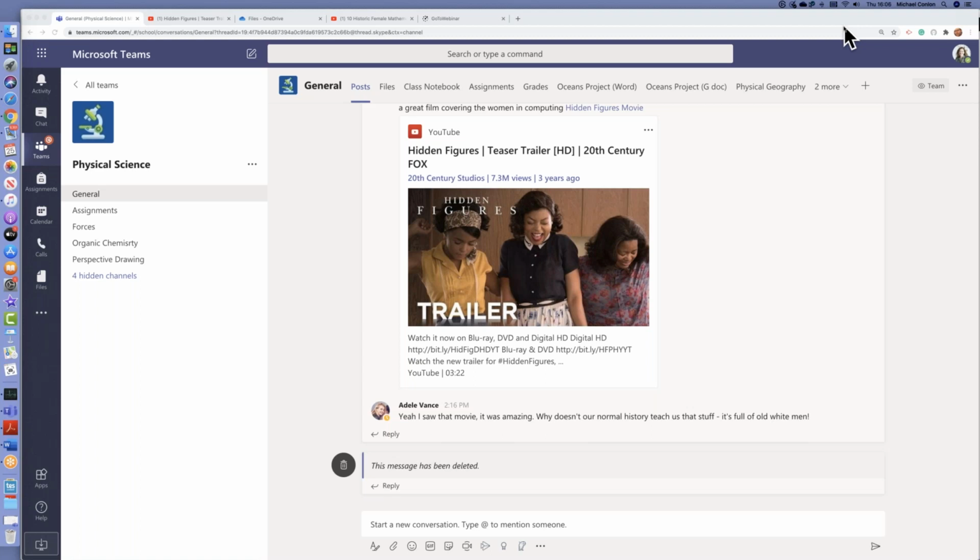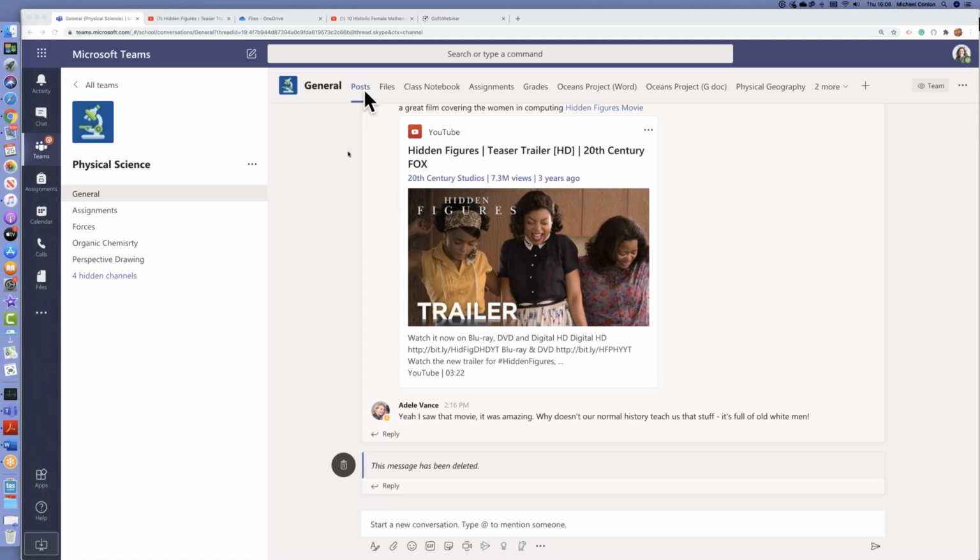So here what we've got is us in a live environment in Teams. This is me inside a classroom. I have got the physical science classroom here. I have the channels that were spoken about earlier to help me organise my class. Every single team you set up has a general channel, and then after that we have channels that we can add ourselves to help us organise our class by topic or by what we're doing that term, that sort of thing.